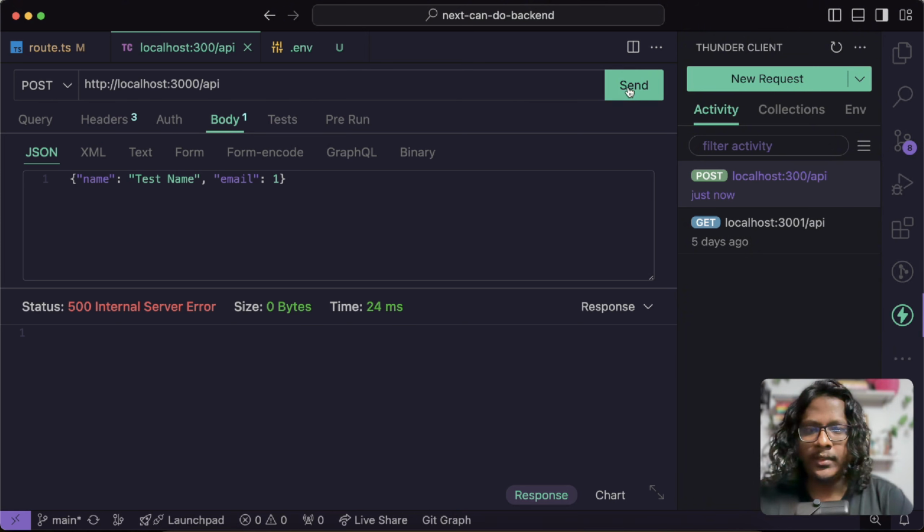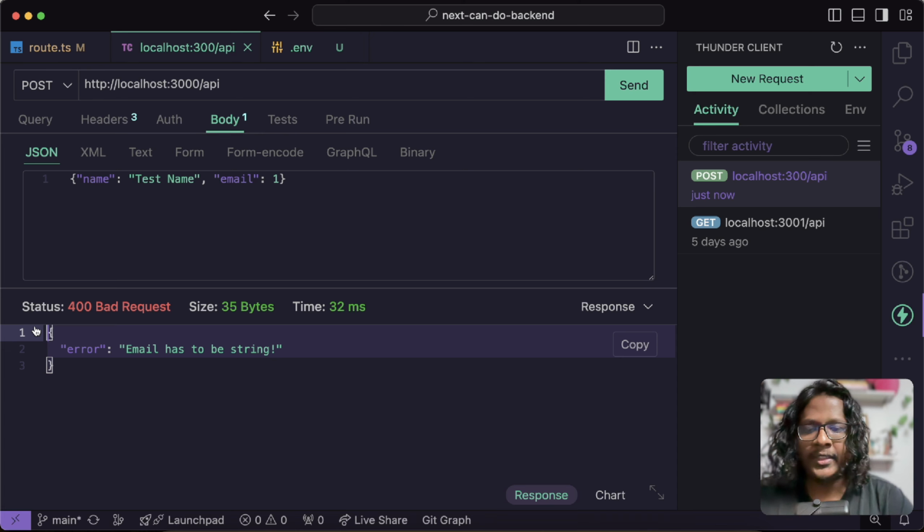Now let's try again. Now this time you see a proper error message and the status is 400 instead of